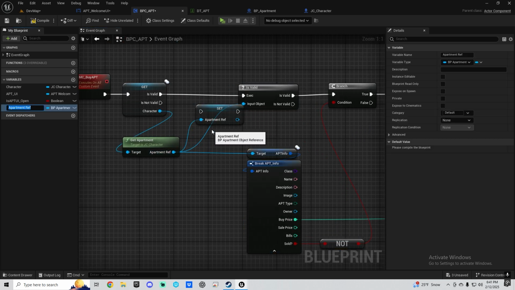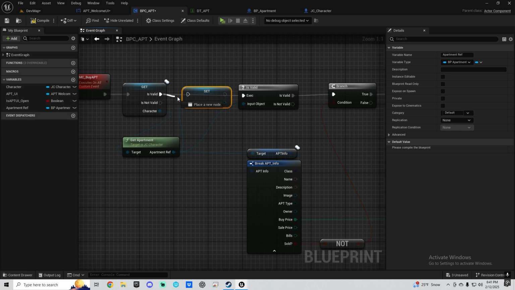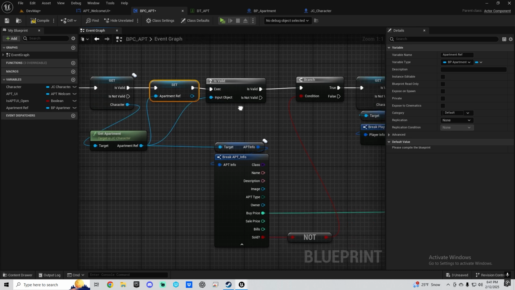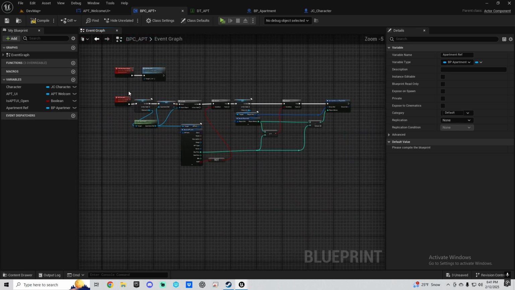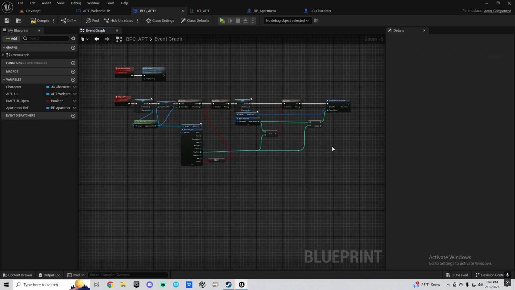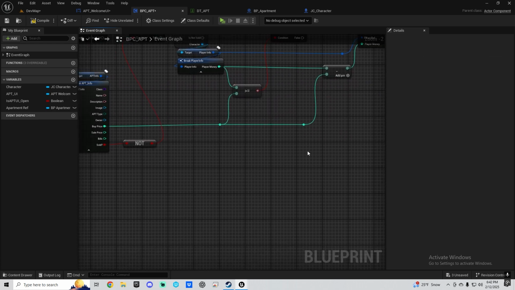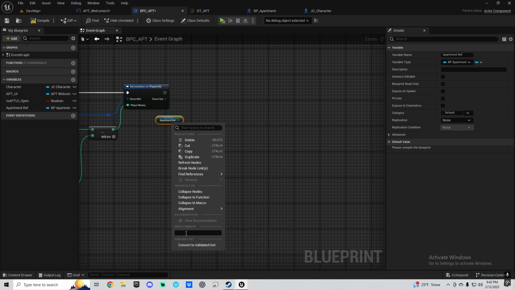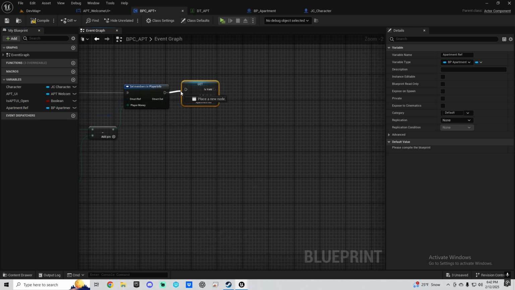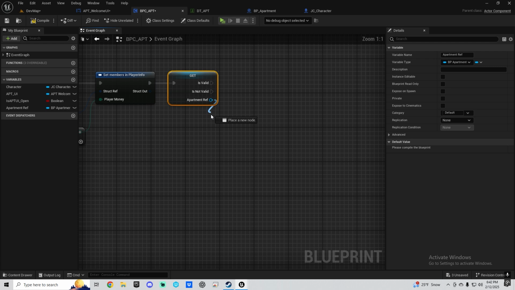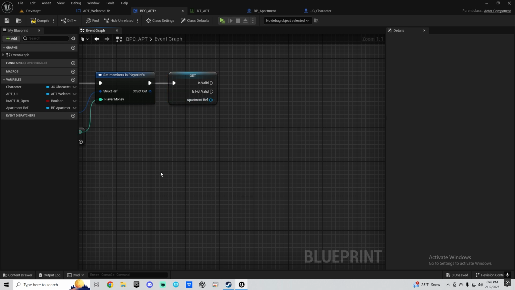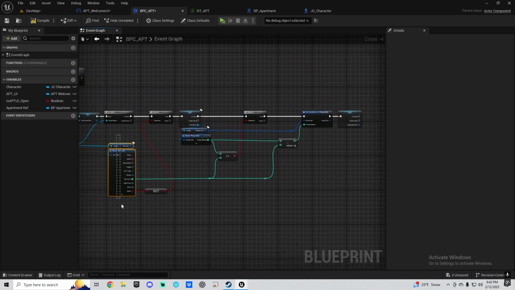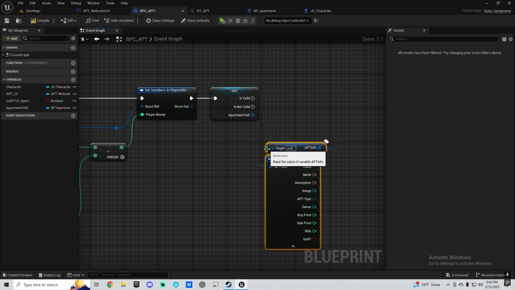Promote this to a variable, apartment ref, so we don't have a lot of wires and stuff. And from here, matter of fact, we can just do this. We can copy this,